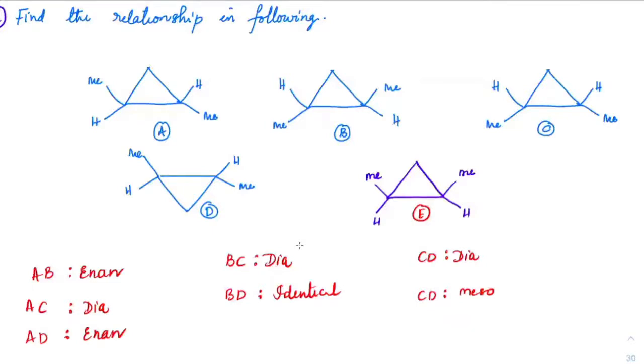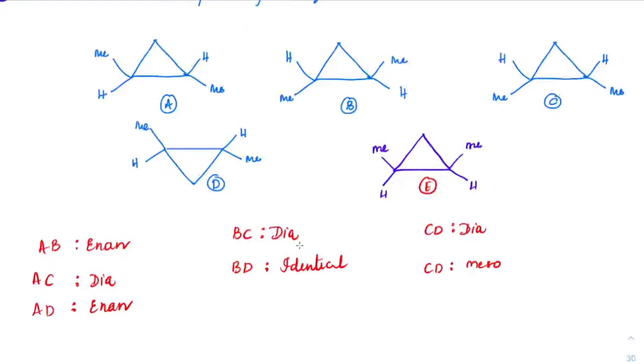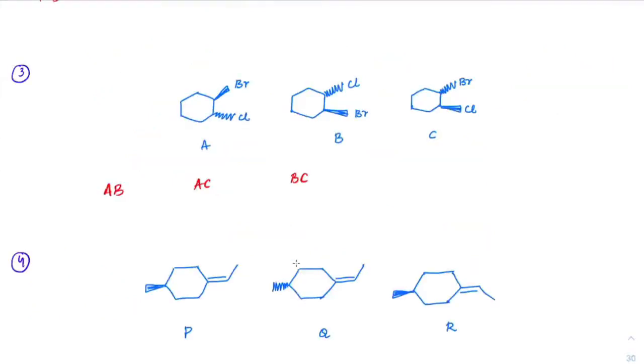Clear, everyone? So can we say C and D are conformers? B and D, can we say they are conformers? No, they are not conformers, because you have not rotated any bond. You have just changed the molecule into a different plane. When you rotate a bond, then you get conformers. Always put it in the same view and check. So first you rotate it by 180 degrees, so this bromine will go inside and chlorine will come outside.